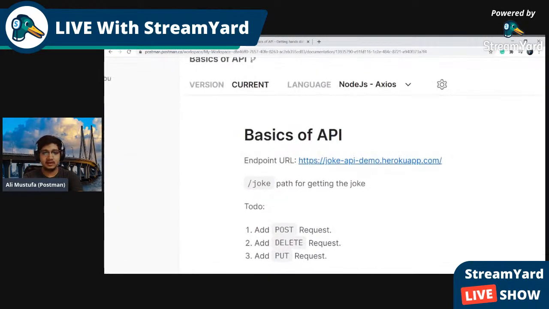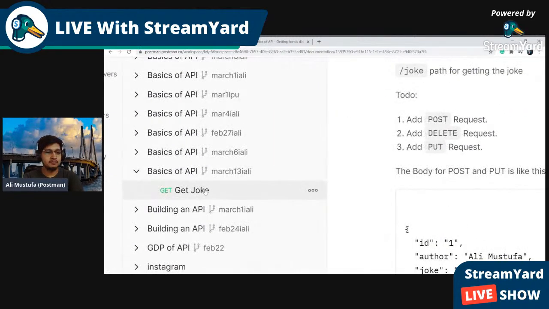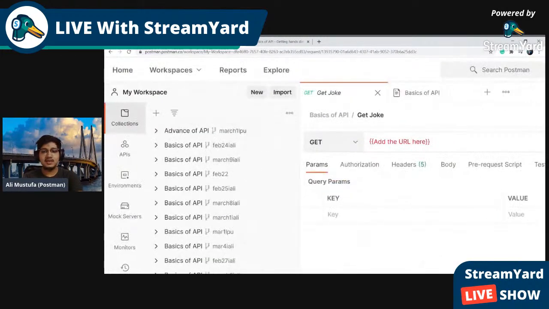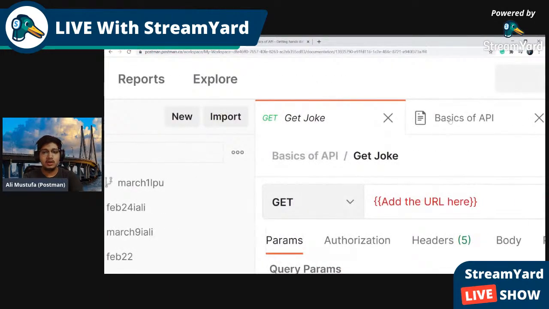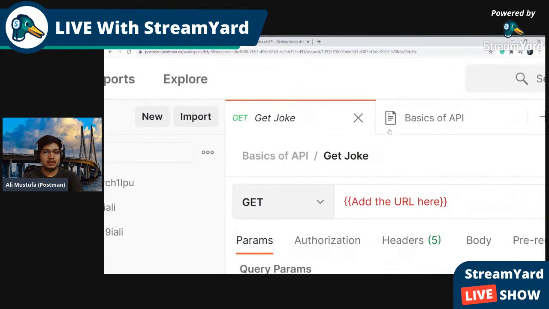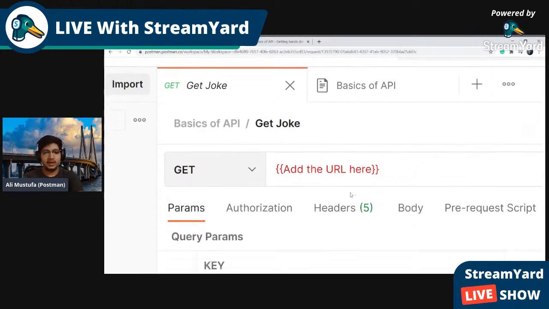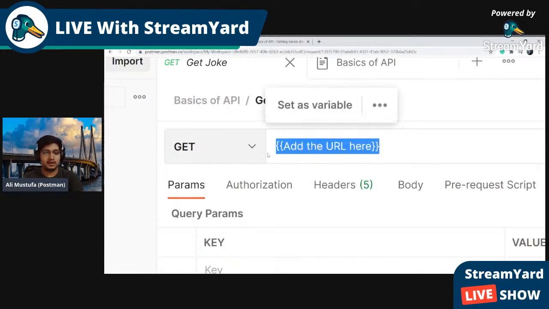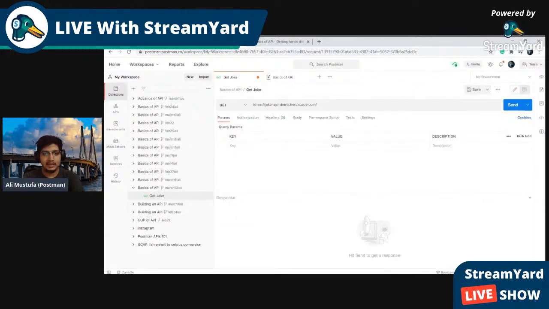So here you can see this is the endpoint URL which you want to work with. Copy this URL and come back to the get request. Here you can see it actually looks like a Chrome tab, right? So you can always switch between the documentation and building your request. It is like Chrome tabs, multiple tabs. You can also add a new tab, but we are not going to do that right now, we'll do it later on. So paste that URL here. And wait, don't hit send. Don't do anything, just wait.